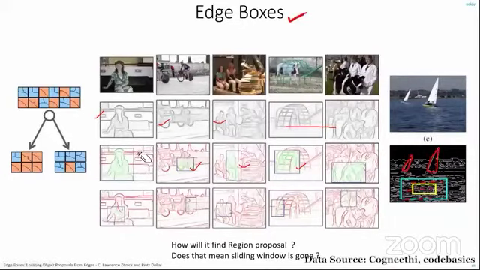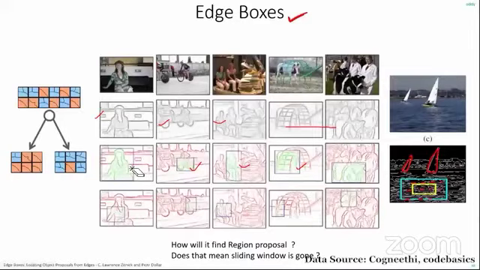There might be small edges there which will be forming a contour, but this is the portion of an image which has a contour. And when you calculate the total number of contours inside that box divided by the total number of contours outside that box, it will result in a higher value. And that's how it detects that this is the portion of the image that is of interest.